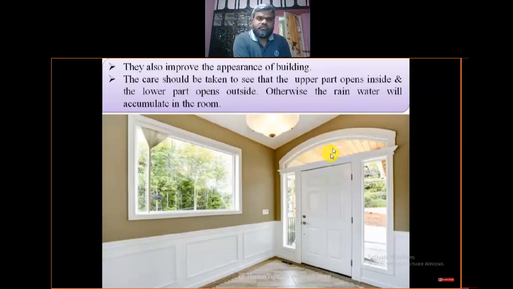The moving part here returns outside. Otherwise, it's very important. Sometimes,